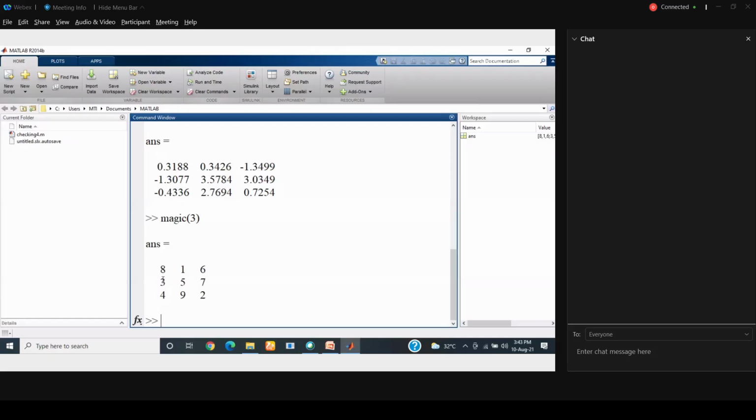If you calculate the column sum also, it is going to come 15. 8 plus 3 is 11 plus 4 is 15. So this is the beauty of magic. Hilbert, Toeplitz, all these matrices can be created with one single command, in one single shot. So that is called utility matrices. When you write big programs, you might be going to use these types of matrices.